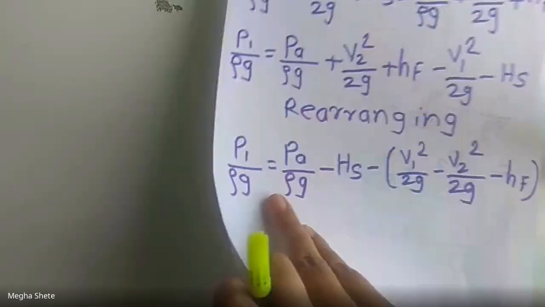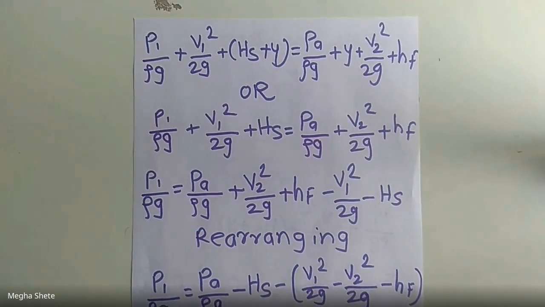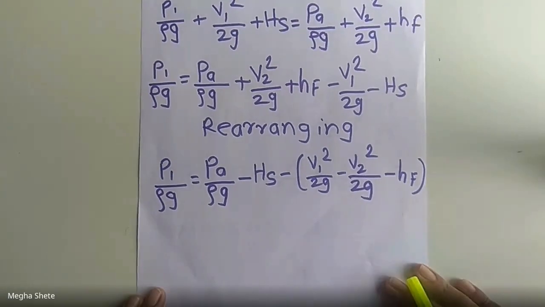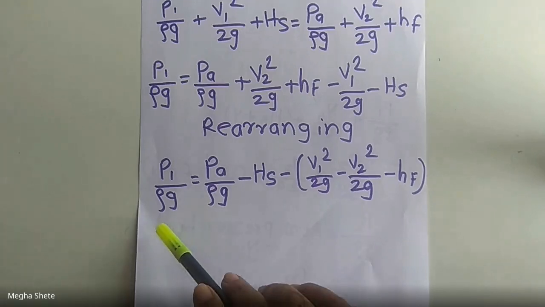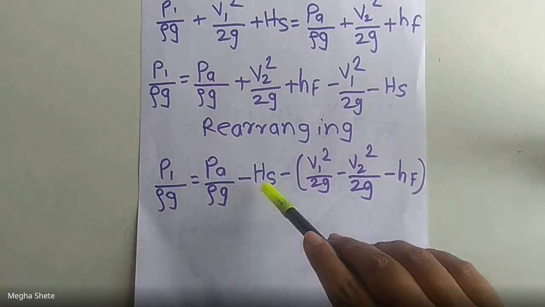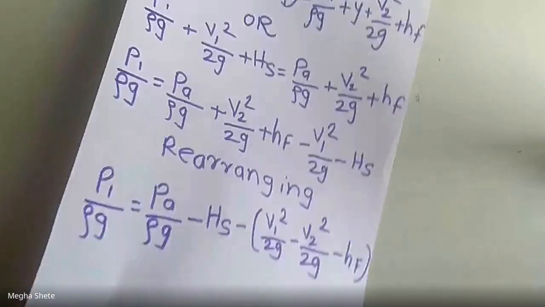Now the next part. Write down the final equation by rearranging the terms. We will get that the pressure at the inlet of the draft tube is less than the atmospheric pressure. Now we will start